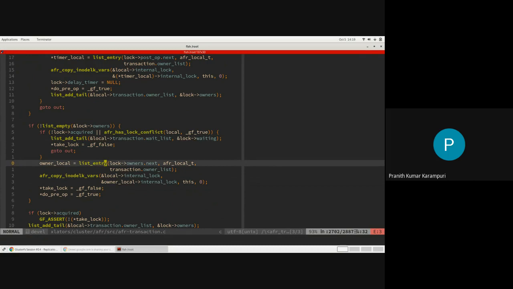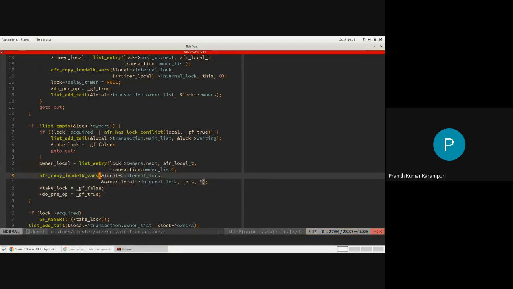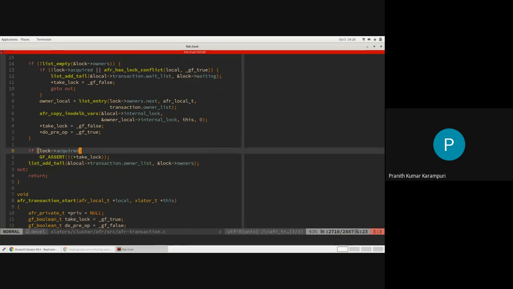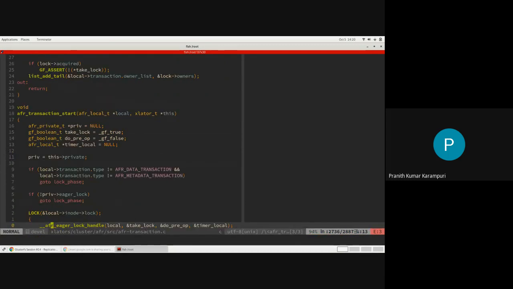Otherwise, you will be added to the owner list, and you can go ahead with your operation. Please note that this is only for the eager lock part. So you can see that take lock is false, but do pre-op is true.